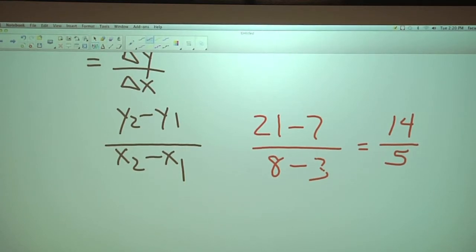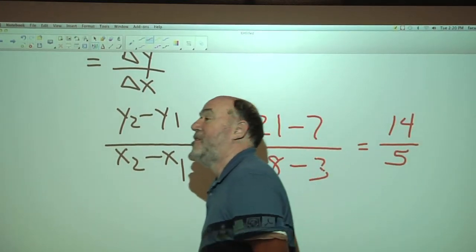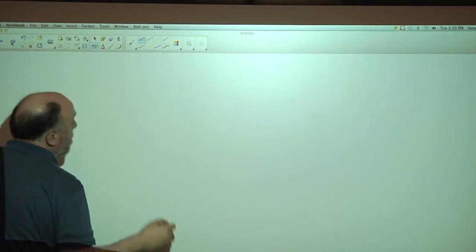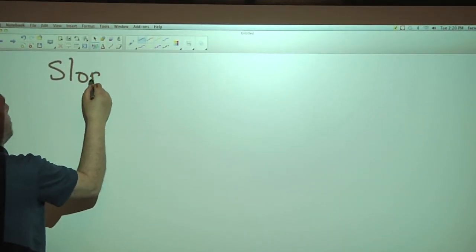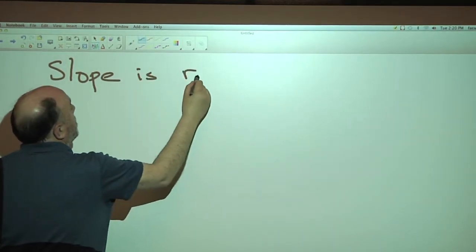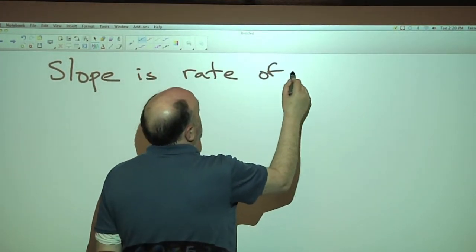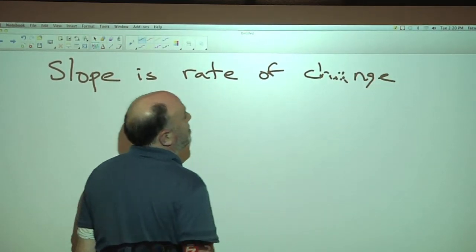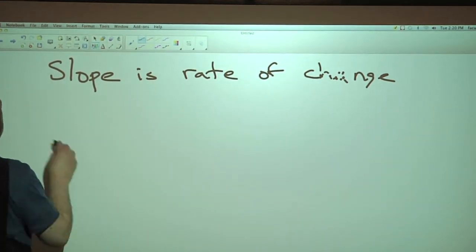Okay? So slope is a measurement of the rate of change. That's what slope is. Telling you how fast your equation is either increasing, decreasing, whatever. Okay? So slope is also rate of change. Rate of change, right? So, for example,